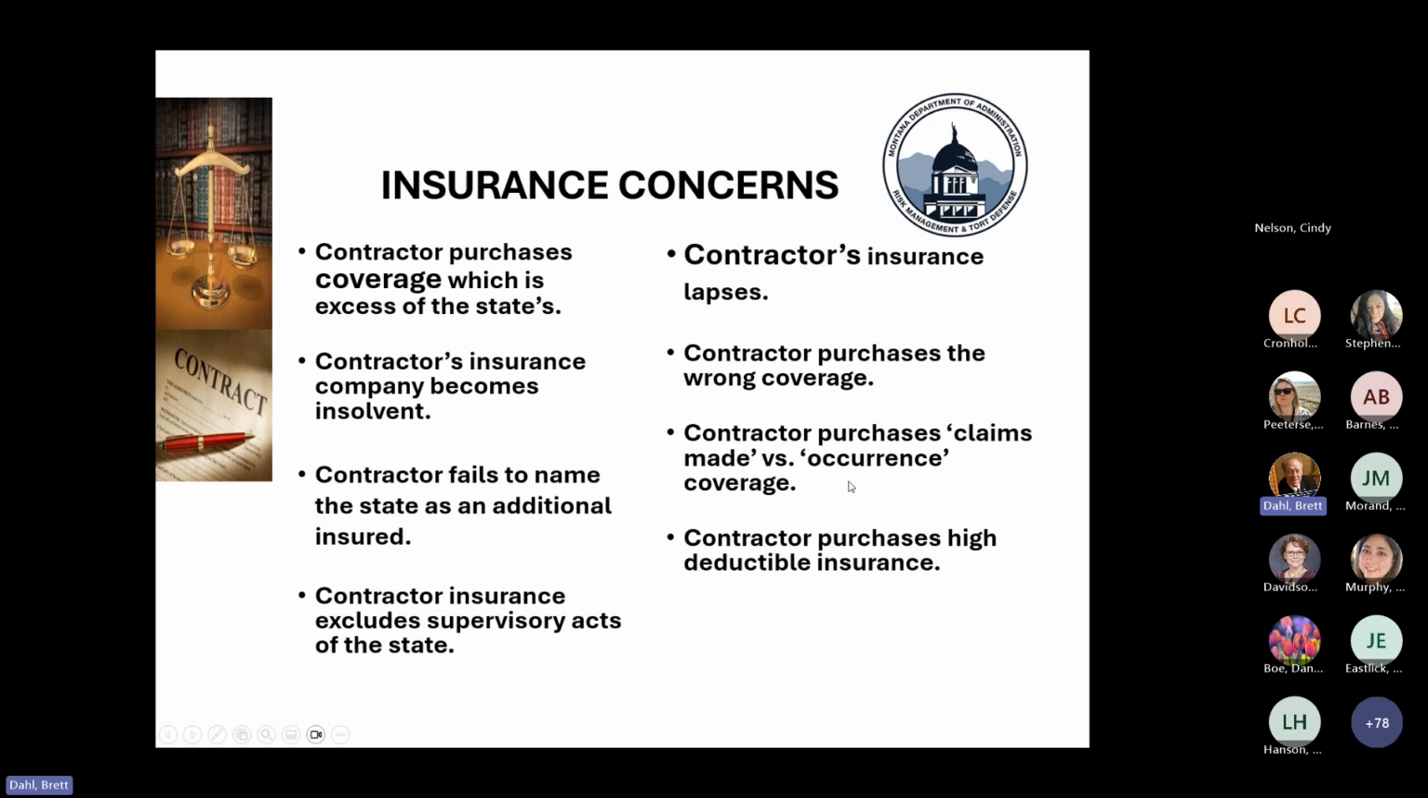Okay. So moving along the list of concerns, the contractor purchased claims made versus occurrence coverage. Just to give you a quick primer on what that means, liability policies are written on a claims made or an occurrence basis. On a claims made basis, the trigger for the coverage is when the claim was made or filed in court. So if you have a contract that begins on January 1st of 25 and runs through January 1st of 26,